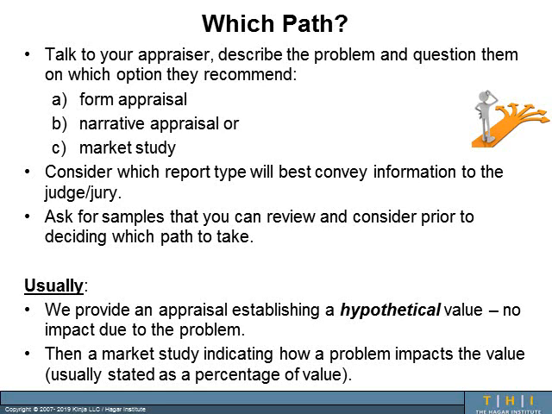We valued it assuming it had a building permit. What's the maximum value it'd be worth, which was around $1 million. Then we do a market study indicating how this lack of building permit or operating septic tank system impacts the value, and we usually come up with a percentage. So in that particular case, that $1 million property lost approximately 50% of its value due to the lack of